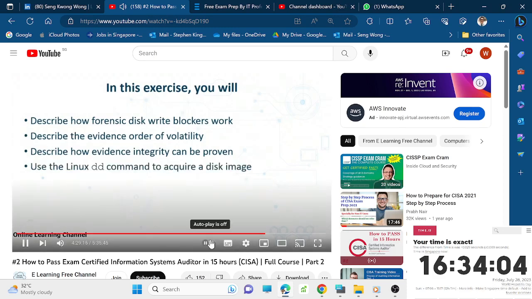And finally, you'll use the Linux dd command to acquire a disk image. Pause the video, think about each of